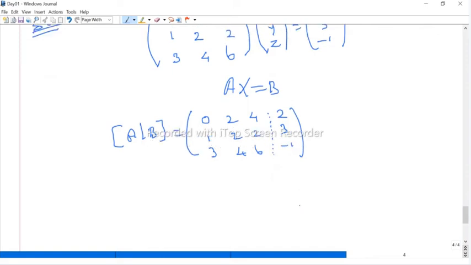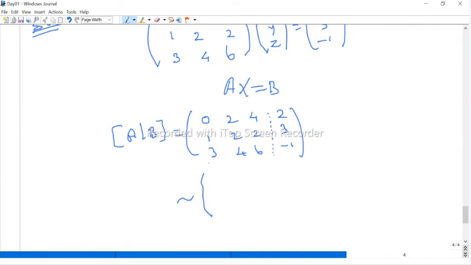Now, what we have to do is try to make some entries 0. Suppose we try to make this entry 0, this entry 0, and then some other entries 0. That is an elementary row operation. If I apply elementary row operations, this reduces to a simpler equation. So this matrix is equivalent to, I use this symbol, the matrix after applying some elementary row operations.